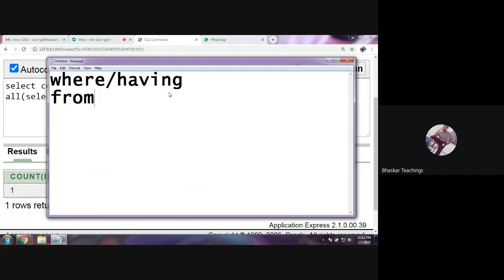Subquery can be used with from clause also. So subqueries are used with from clause, select clause, and having clause. Right? If the subquery is used with where and having clause, they are called just normal, regular subqueries. If a subquery is used with from clause, it is called inline view subquery.